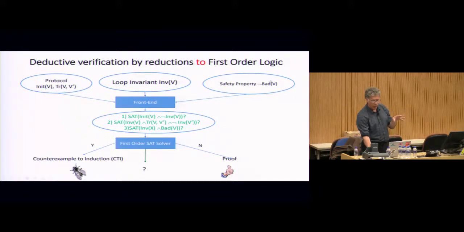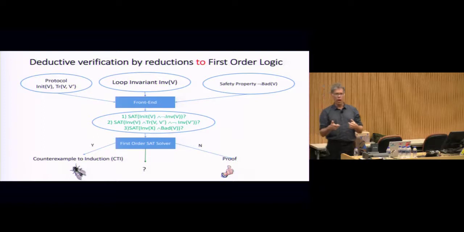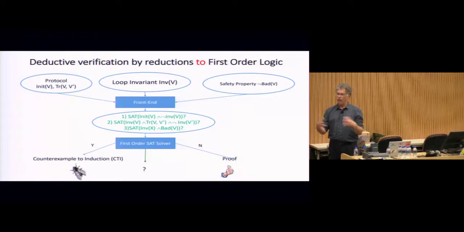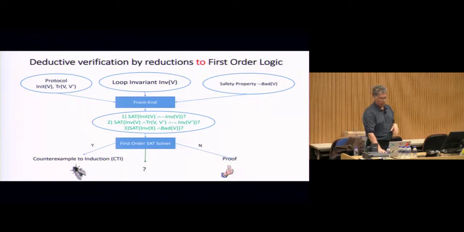We can take a safety property, which is not the bad set of states, and some loop invariant, and we can feed these into a theorem prover and get out answers. And of course, the answers might be positive: yes, you have a proof. Or negative: here's a counterexample to the proof, like a test that shows you that you don't meet the property. Or, because we're still perhaps dealing with undecidability, I don't know. So we have a three-valued response.